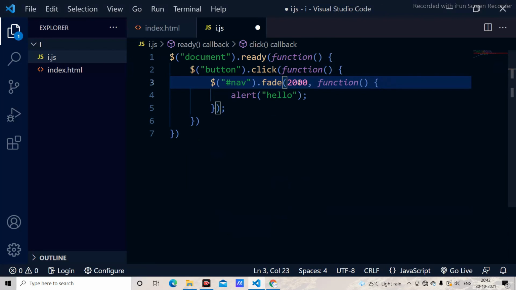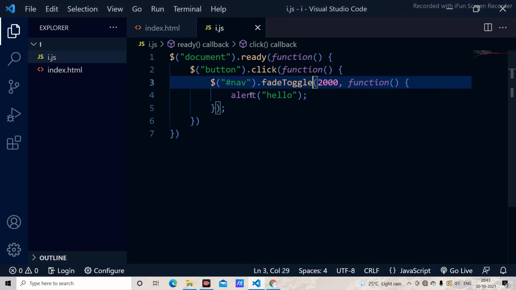Fade toggle is the same as all of them, but it does both fade in and fade out simultaneously. And I just reload the site. As you can have a look at here, it is going to disappear and give the alert. Whenever you click another time, it is going to give you 100% transparency. And this is how we go with the fade toggle.